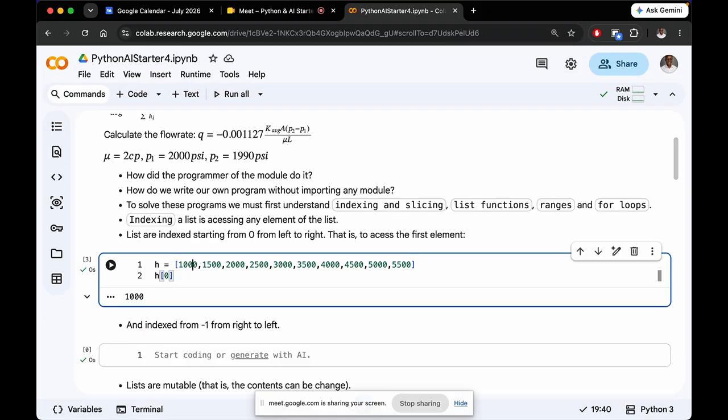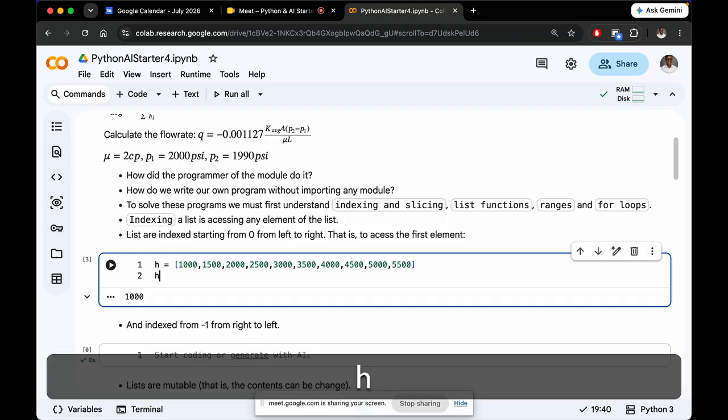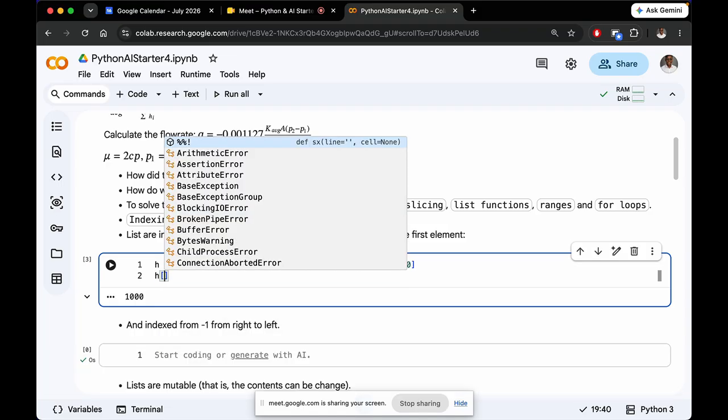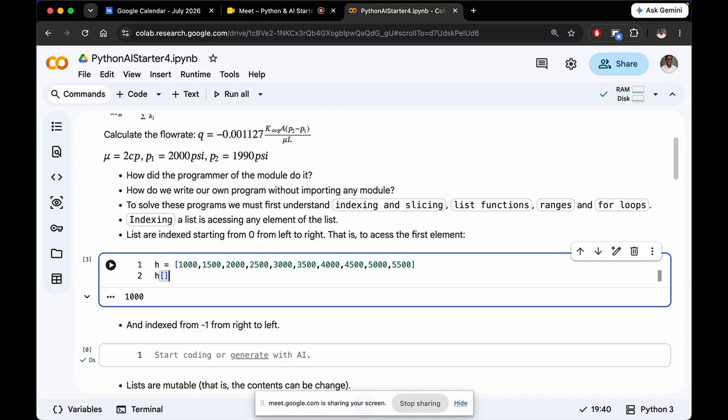So here we have a list H, and say that we want to access the first element in this list. All you have to do is start by calling the name of the list, followed by a square bracket. Then you pass the index of the value, and I said the elements are indexed starting from 0. So the first element here, which is 1000, you index it by passing 0, and when you run that, you